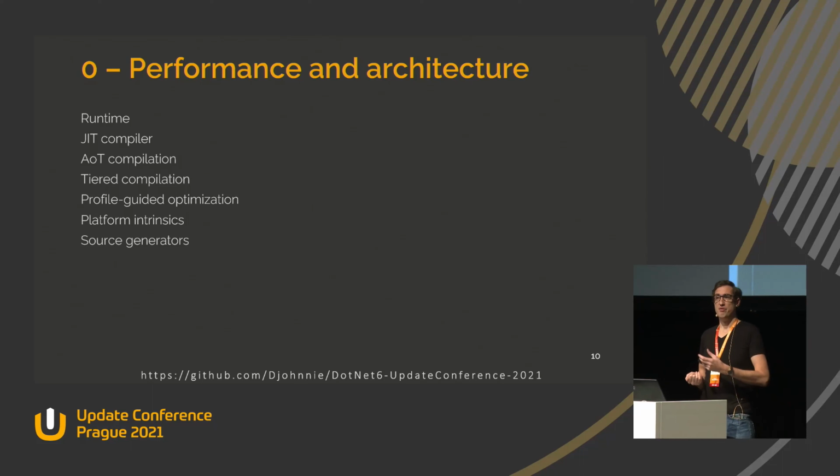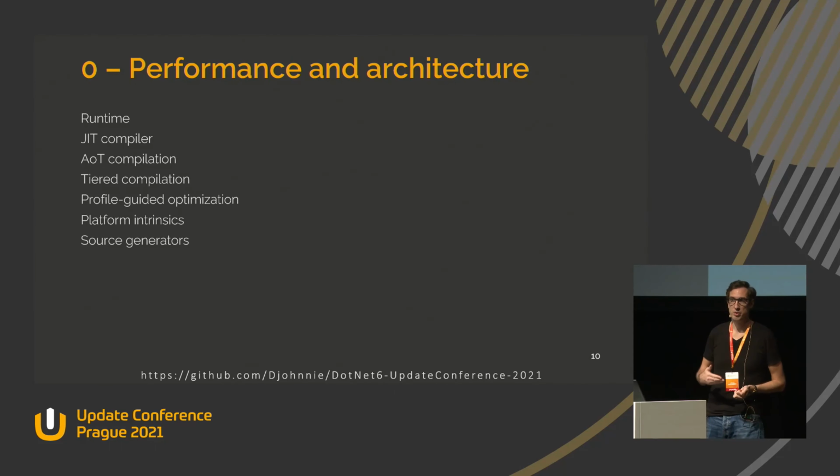Because to be honest, if I now look back at the .NET Framework, it's actually much slower. There's less performance there than there is today in .NET. When you compare these two, there's a big difference. There's, for example, ahead-of-time compilation, where you as a developer can specify which platform you are compiling to, and then specific code can already be compiled to machine code instead of intermediate language, which makes your application startup time faster, which makes your runtime faster, and so on.